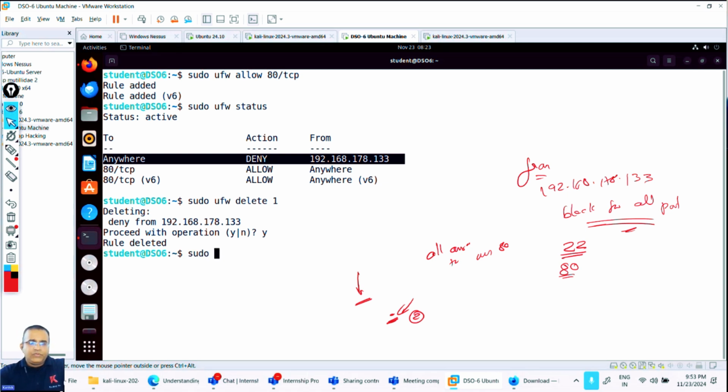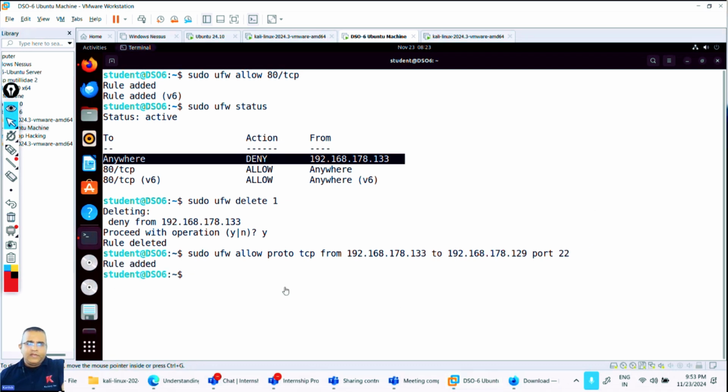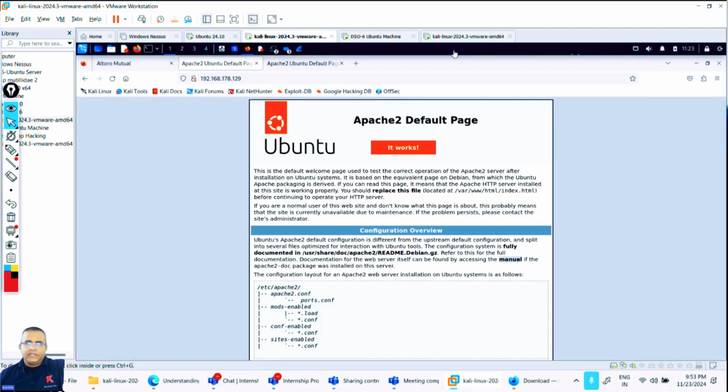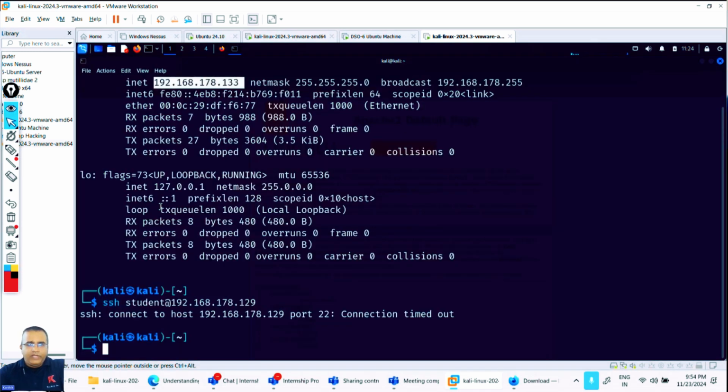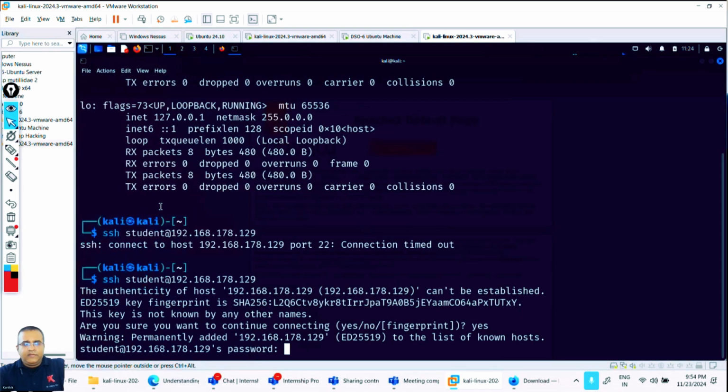Yes, sudo ufw. Right, so we can see here. Let's see, is it allowing here? Yes. So now